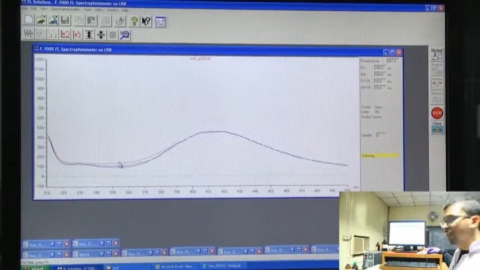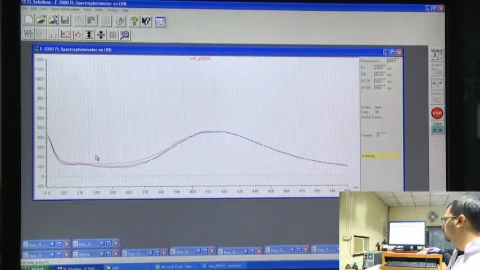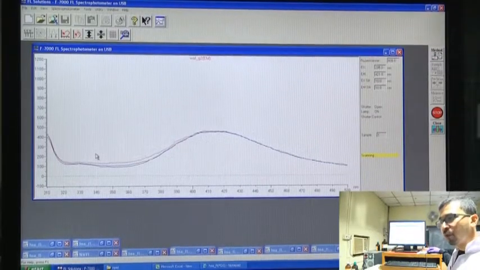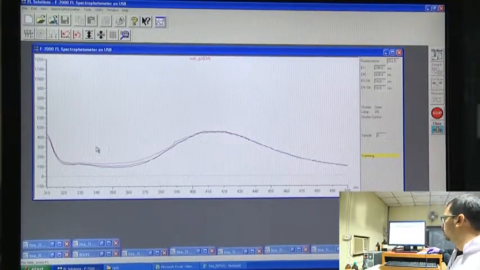Once you see the spectra of HSA, do not be too sure about the change in spectra upon adding any sort of ligand or any sort of molecule or any sort of denaturing agent unless you have done the control.